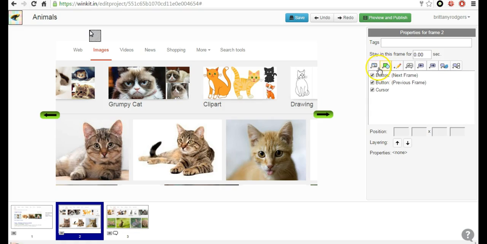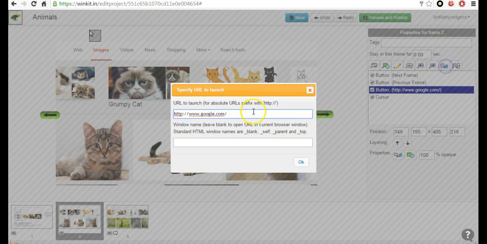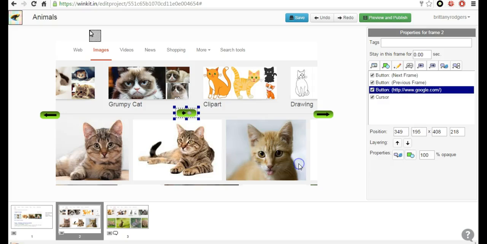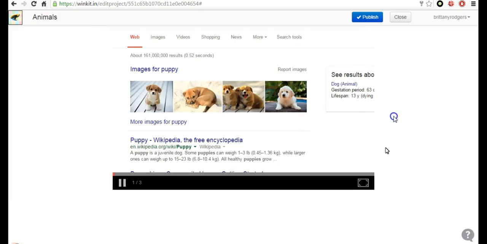You can also add URL buttons to make a button within the tutorial link to a different site. And so you can have it called by a different name that's not just the URL, so the person knows what they're clicking to. Preview and publish,